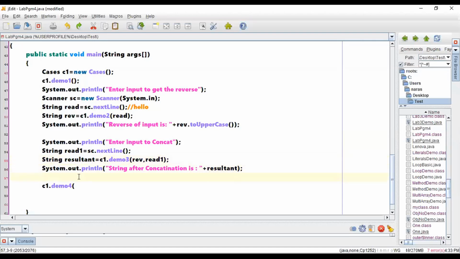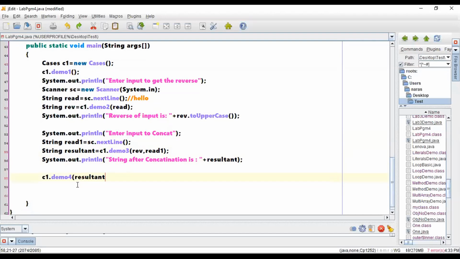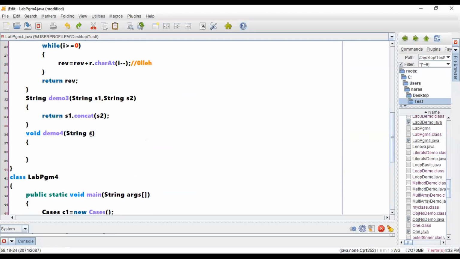Now let me pass this resultant as an argument. No confusions, right? Resultant has the reverse of the input followed by the concatenated value, and I'm going to pass it to the string called yes.